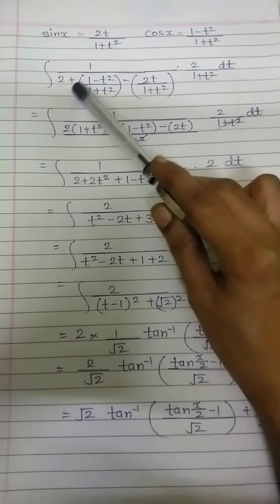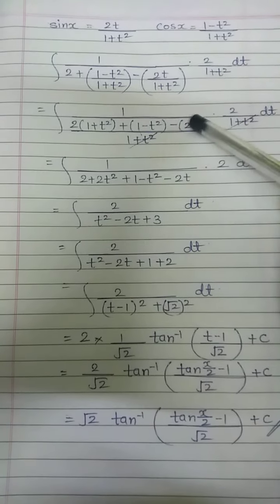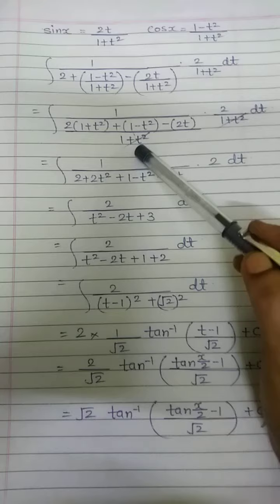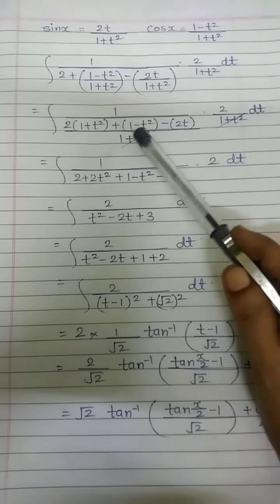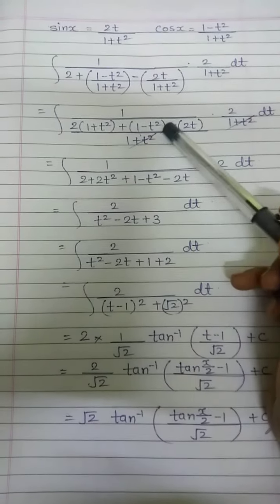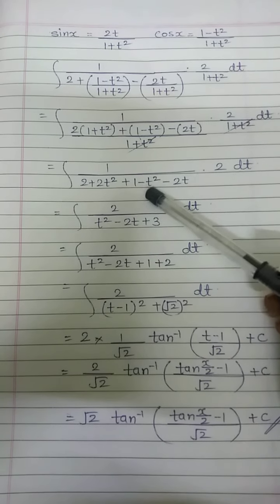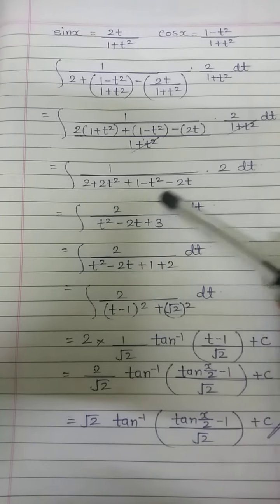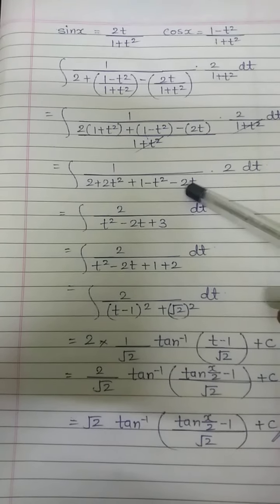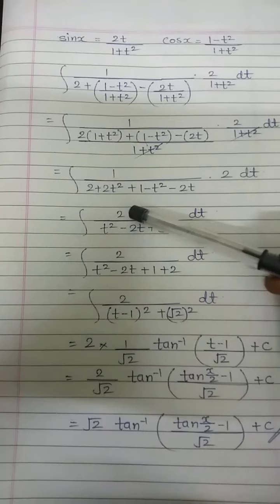Now here we will cross multiply the term, that is 2 into 1 plus t square. Remaining two terms will be as it is, and now the common denominator for the entire term is 1 plus t square. But this 1 plus t square will get cancelled with this, and we will open the bracket. So 2 plus 2t square plus 1 minus t square minus 2t, this will be our denominator, into 2 dt. Now simplifying this, we get t square minus 2t plus 3. These two as it is,